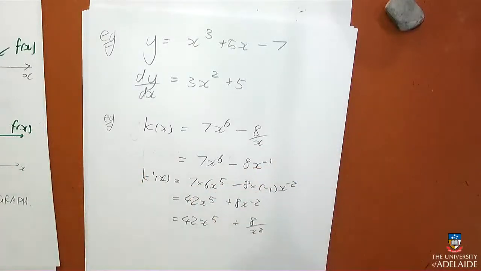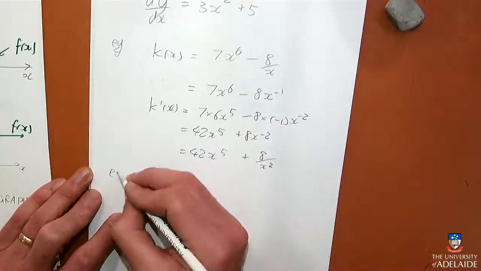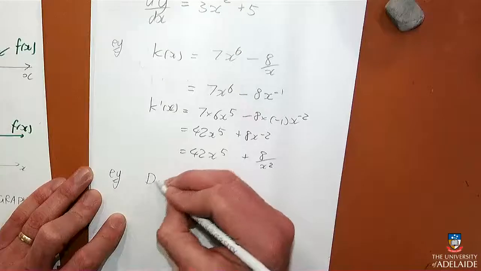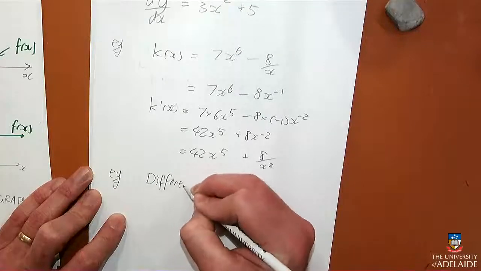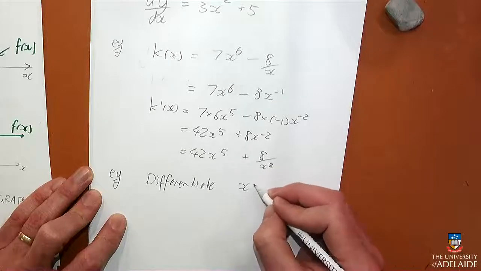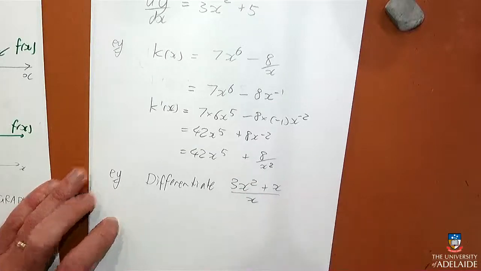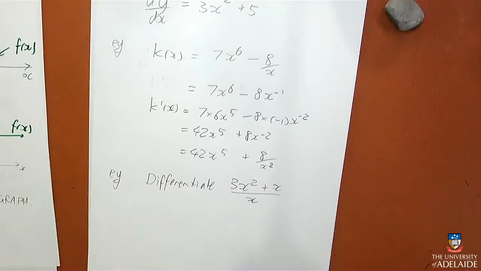Now I should point out that if you were given just a straight up function and you were told to differentiate this, the easiest way would be to give it a name. So I'm just going to do one more example. Differentiate 3x squared plus x over x. Okay? So if I was going to do that problem,